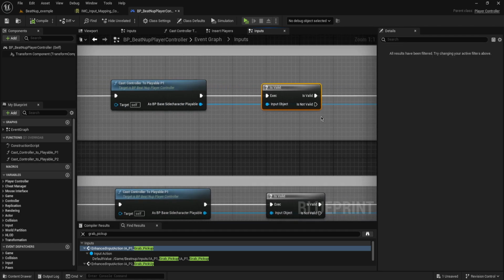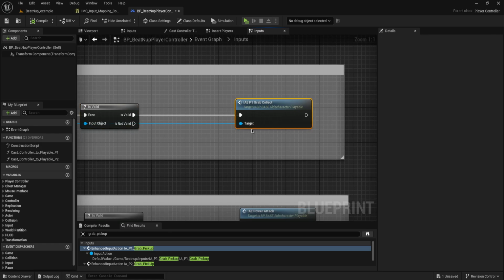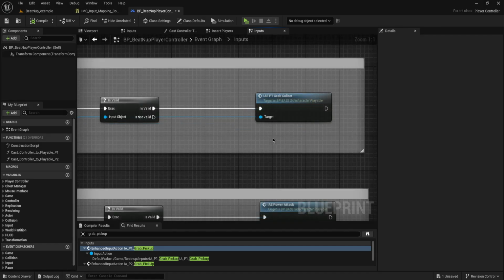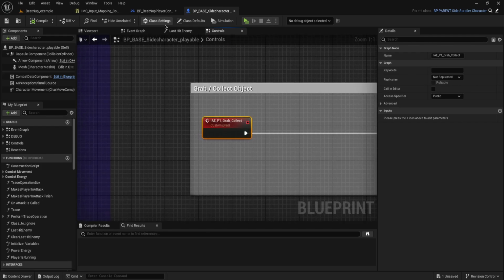If valid, it means that the character is valid, and this action will be triggered. Note that it is in blue because it's referencing another action, another event. So double click on it and you find the